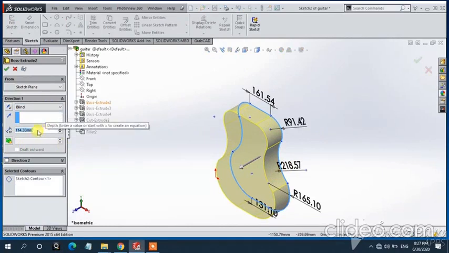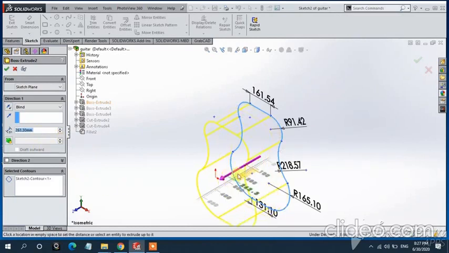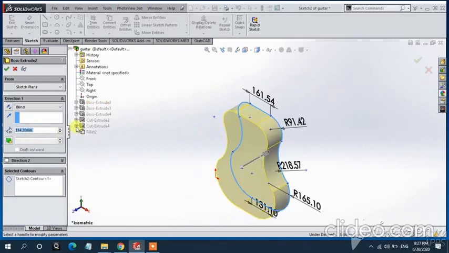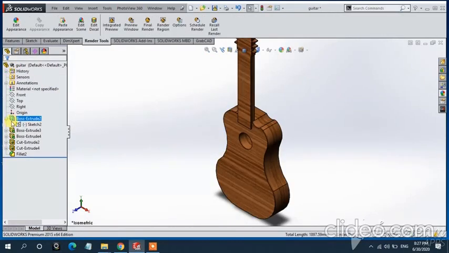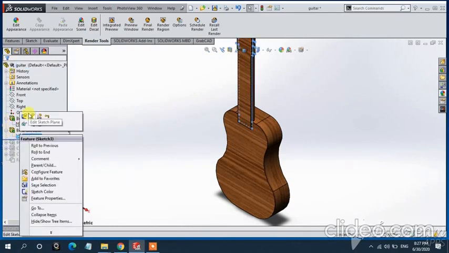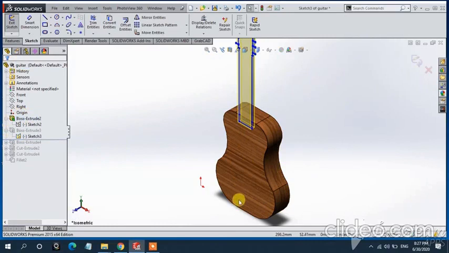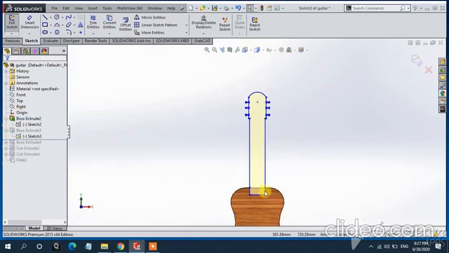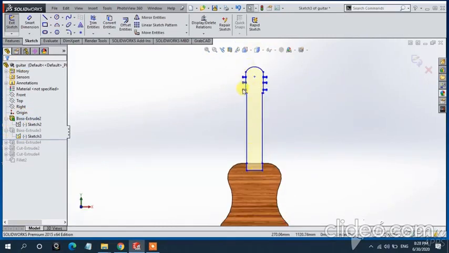Now after creating the geometry you have to create the extrude command from the feature bar. See how it looks.